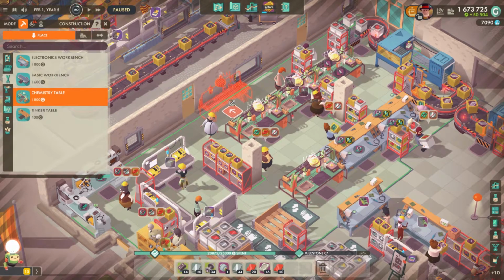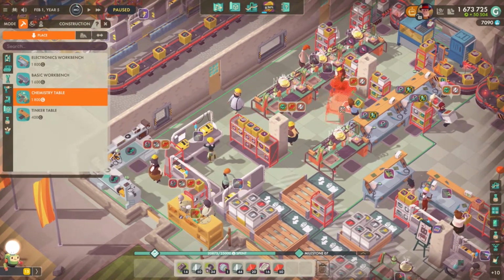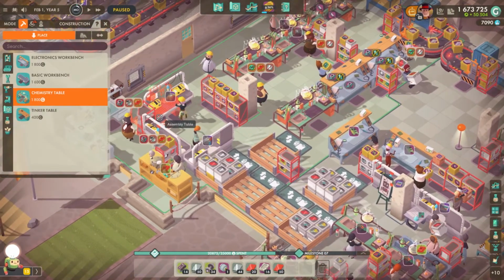The issue is we can't really place these things right here, because any shelf that we would place would have to go on the side, which isn't the worst thing in the world, I guess, given that we would have an overproduction of batteries. The alternative would be placing things like this, but that would start closing people in, which I don't really like either. I suppose we can just make it work like that and have the employees move a tad bit more. It's not ideal. I don't think we have the space to make it ideal unless...